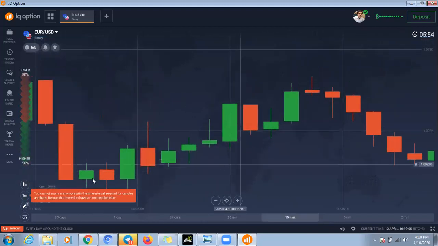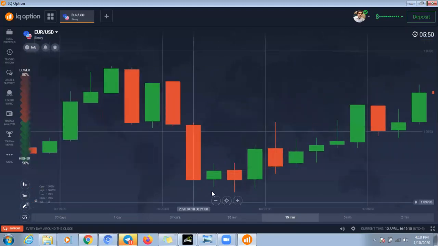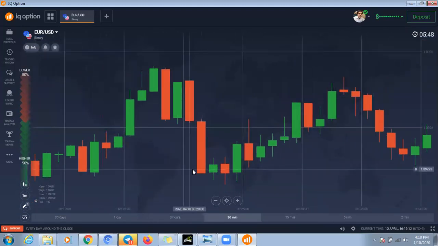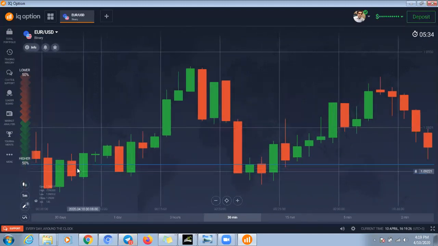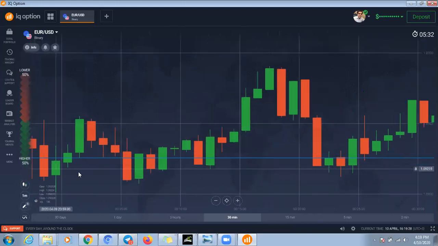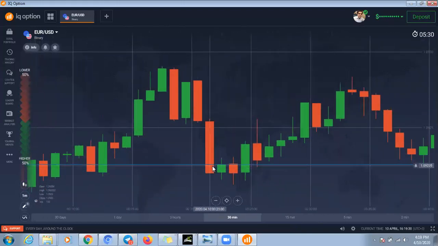Look at this spinning top here. Why does this spinning top not work? There are the levels. When the spinning top opens and closes, plot a line on this level and find in the past if there is any level. Look, there is not any level, but why does this spinning top not work? Look, we are going to find the example.